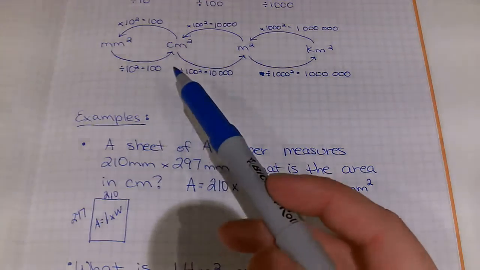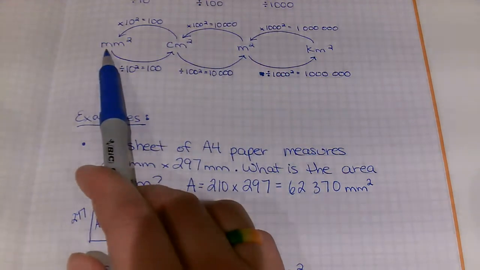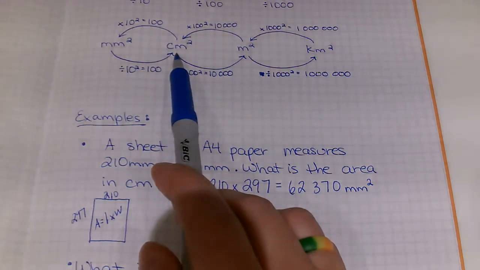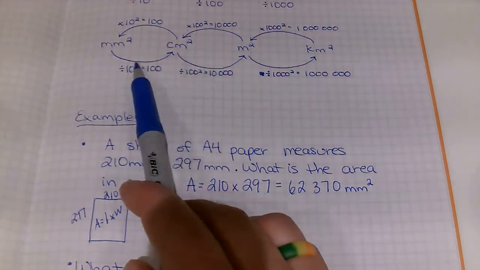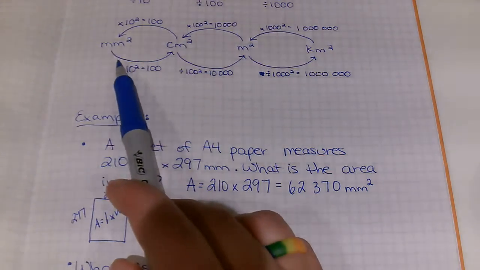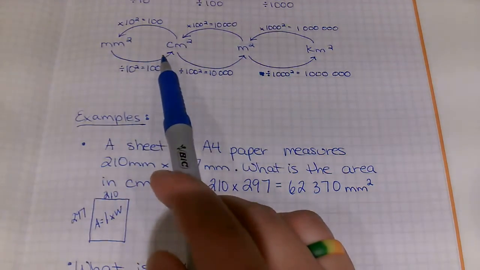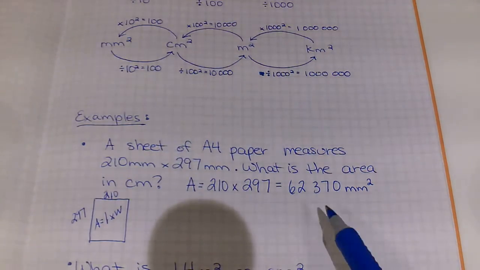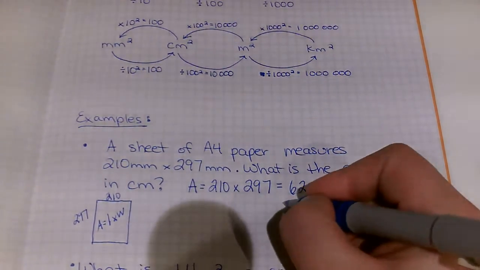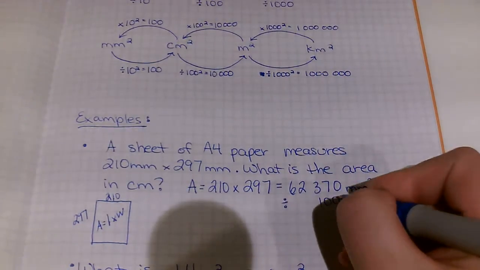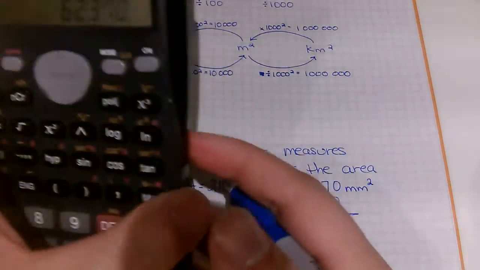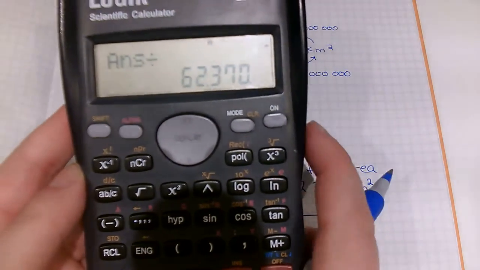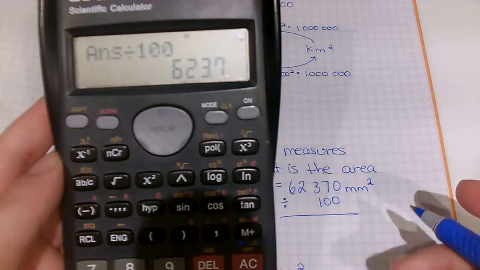So let's go up to our little conversion rates here. I have millimeters. I want to go to centimeters. Normally, if I wasn't talking about area, I'd divide by 10. But because we're talking about area, we need to square that 10, and we're actually going to divide by 100. So I'm going to take this, divide it by 100, okay? Handy dandy calculator, you don't have to erase it. Divide it by 100 gives me